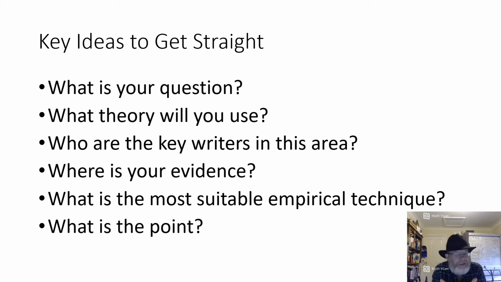Then get your hands on every piece of work you can around that theory and really understand it before you go any further. Who are the key writers in the area? You know, in every field there's some top dog who's known as being the person that controls that field. You need to find that out for your field. You need to get some of their recent work. You need to have a look at the reference list of their work and see who they're citing, who they approve of, because that's who you need to be reading and citing too.